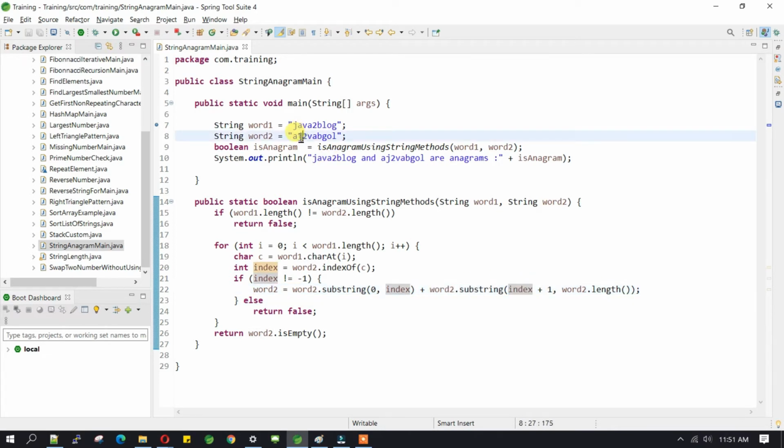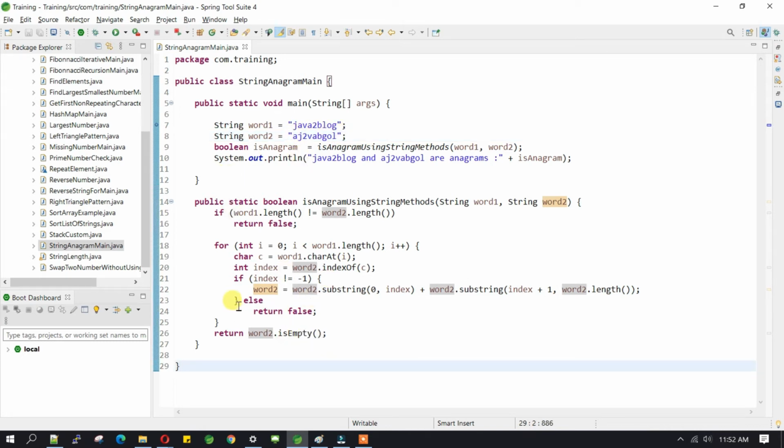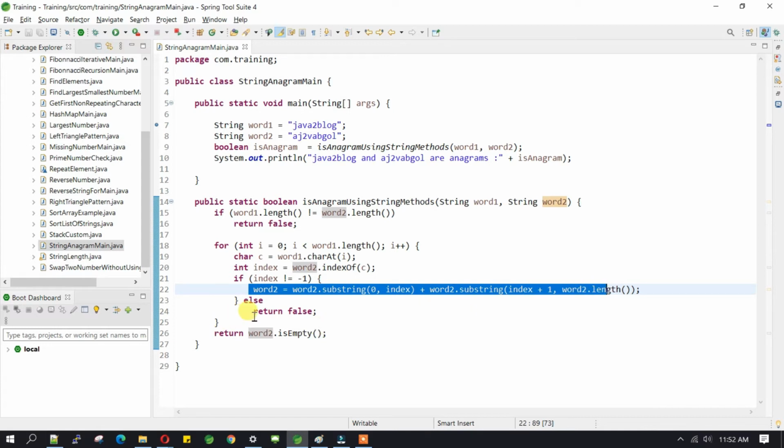Index was 1 and now index plus 1 will be 2, so from 2 onwards it will return that. After doing that, word2 will become A, 2, B and so on, and J will be removed. If it is not -1, then we do this logic, otherwise we return false.